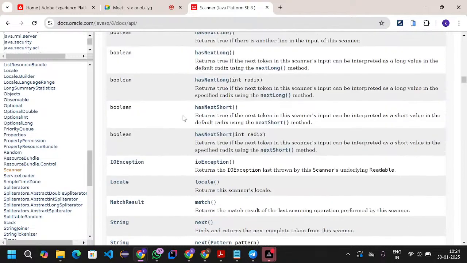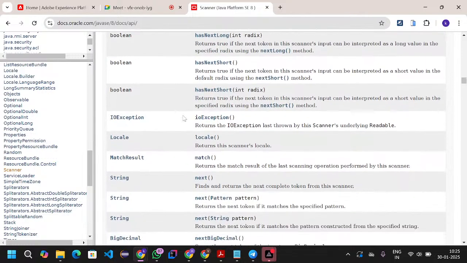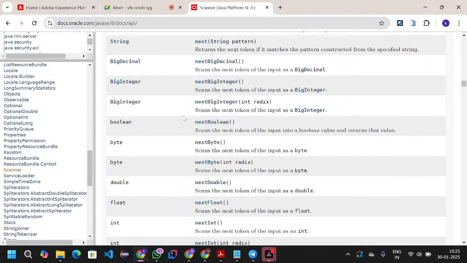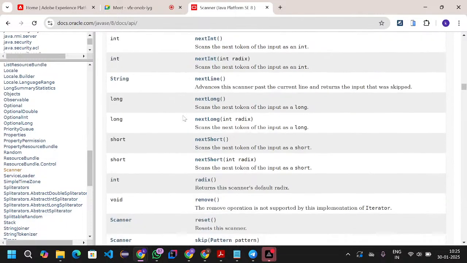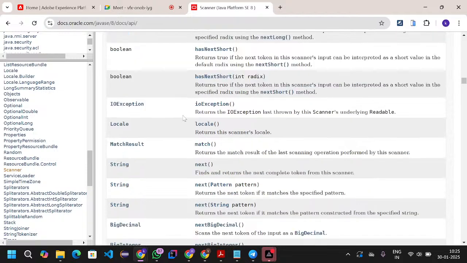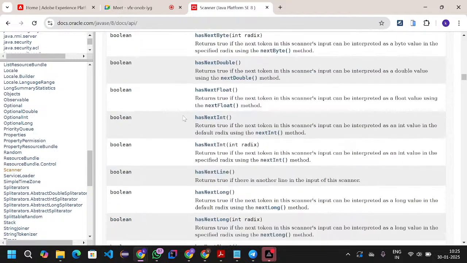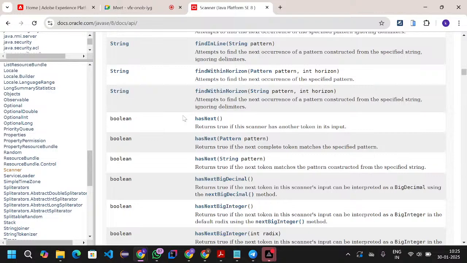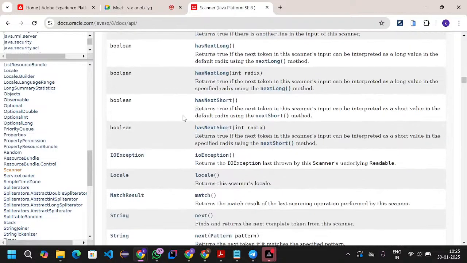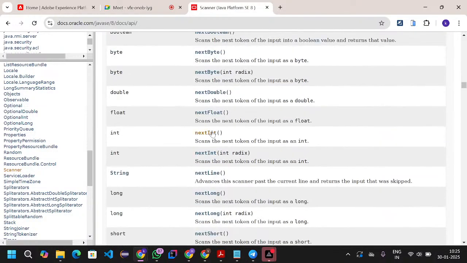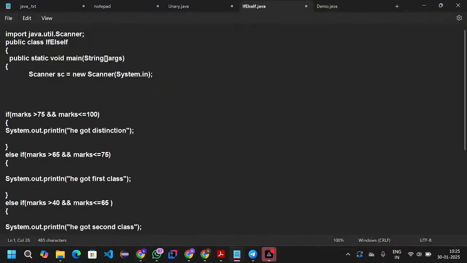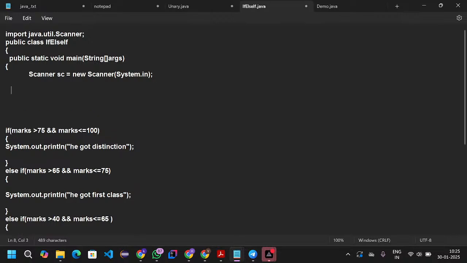So these many methods are available, like hasNextShort method, locale match method, nextByte method, nextInt method, remove method. If I want to read the data from the keyboard in integer format, then you have the nextInt method. You can see here: scans the next token of the input as an integer. Okay, so simply I am taking the nextInt method, where I go here c dot the method name,